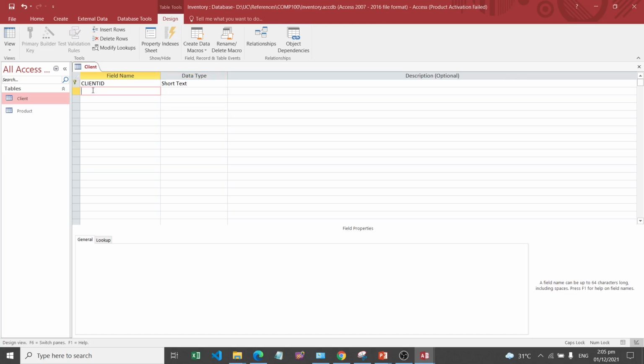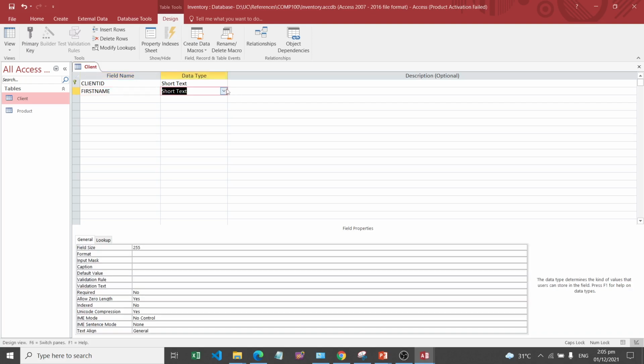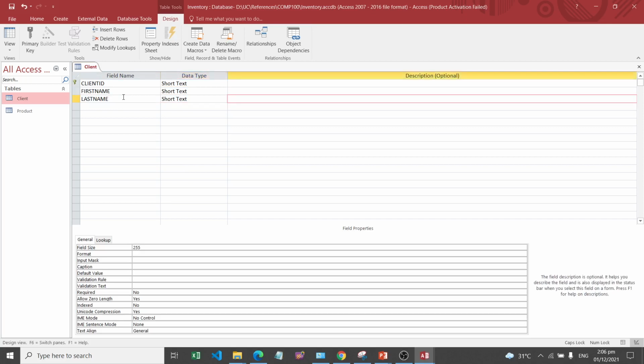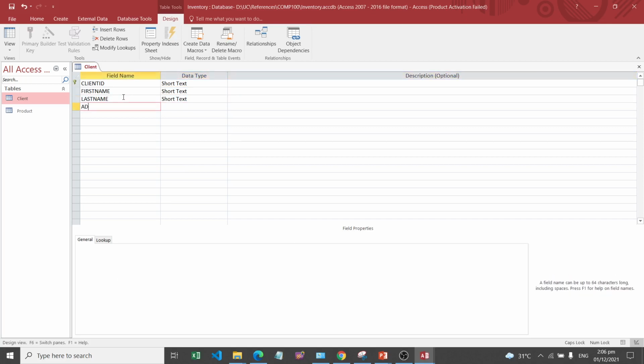And this one, we have the first name, last name. Okay, by the way, your field names must be one word, or you cannot use a space character as part of the field name. And the first name, okay, 255 field size is enough for the first name, so we can have a short text data type for a first name. The last name, address,